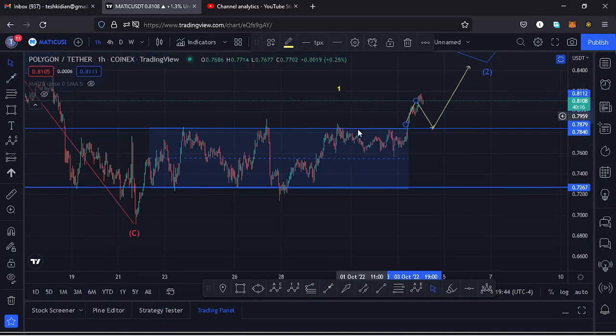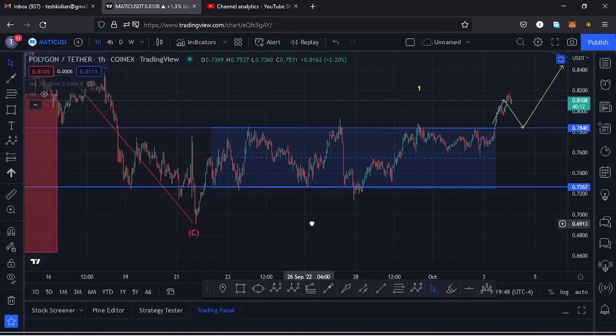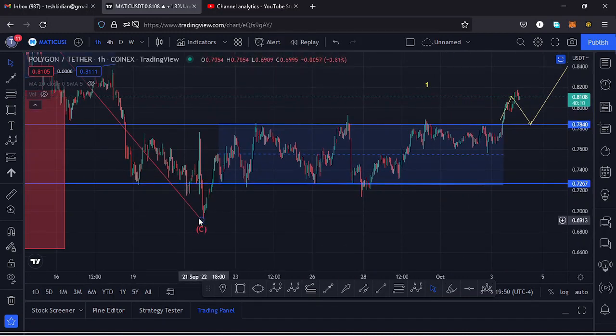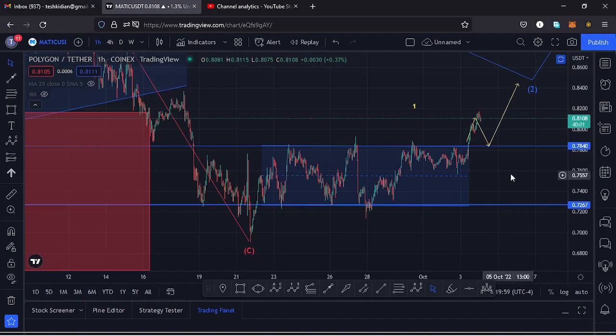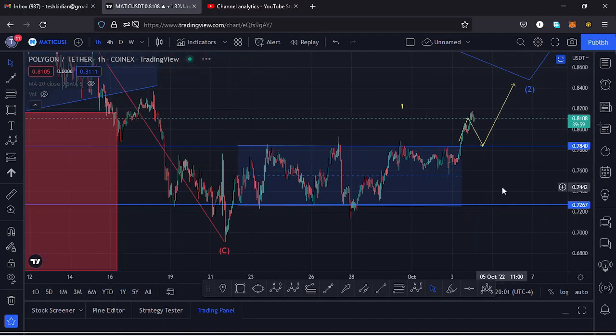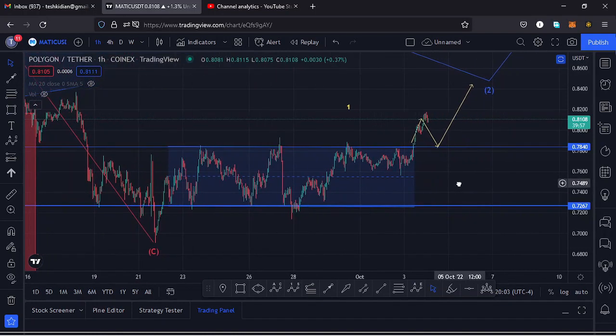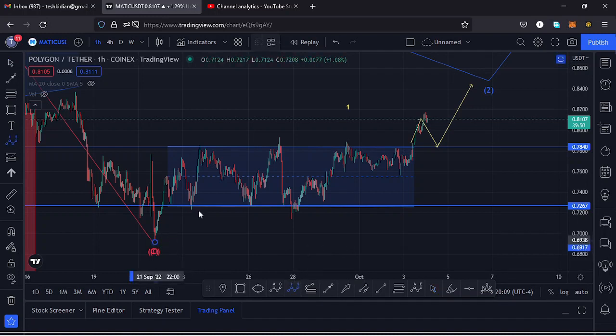And getting to the key scenarios that I expect to play out, basing my analysis on the Elliott waves, it's possible that maybe the low for that fourth wave to the lower side was in at around the $0.69 mark, and whatever we are seeing over here is a movement to the upper side in the formation of a wave 5, and because a wave 5 is an impulsive wave, we also expect to see fractal waves in formation within that wave 5, and I believe we are seeing a movement to the upper side having this as the wave 1, then a retracement to the lower side in the formation of a wave 2,